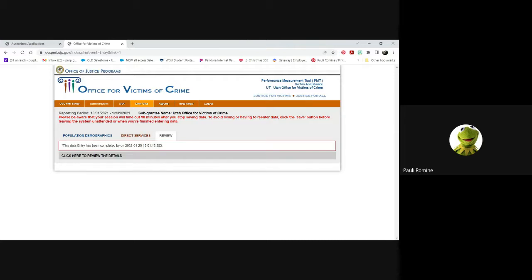Some agencies want their grant analysts to review all their data before they submit it. That's not quite possible because UOVC doesn't have access to your data. And also there's a little bit of discretion about why you're putting numbers in where, and all sorts of tiny things that make it impossible for UOVC to say, hey, this number should go here and this number should go here. We can help you,